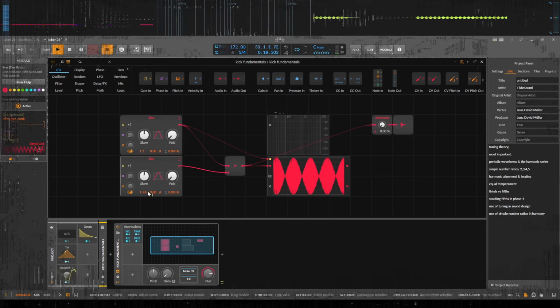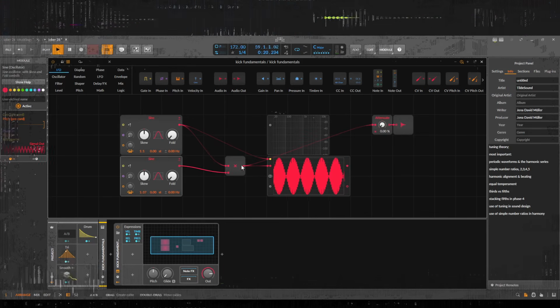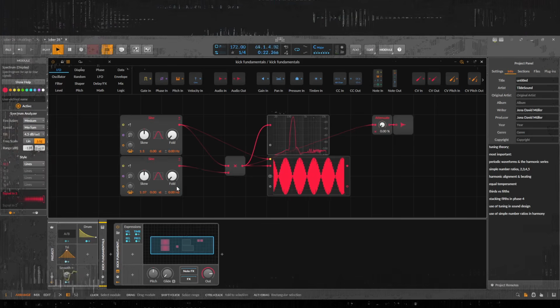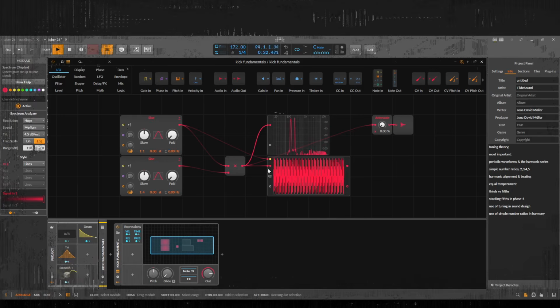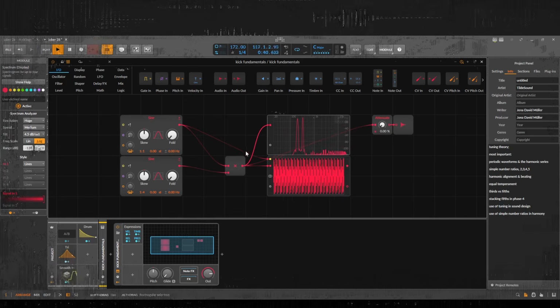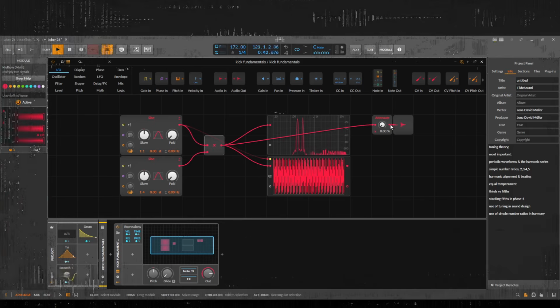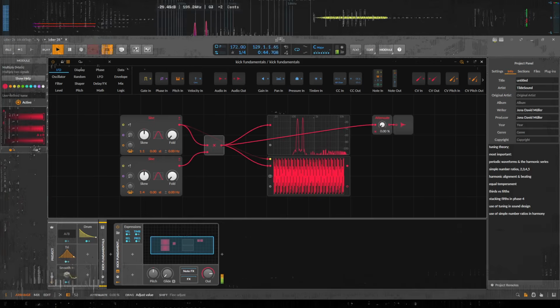But then if we speed this up a little bit, what's interesting is that if we look at this spectrally, we get these two sine waves that are close in frequency. Let's set this resolution a bit higher here. So you can see that this sine wave wiggling and these two sine waves being close to each other in frequency kind of sound the same. So if we play this back again,